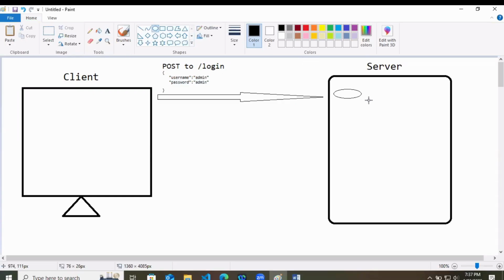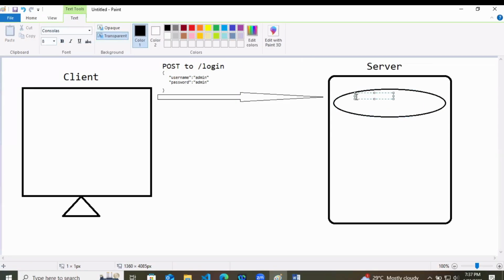Then what will the server do here? At first, the server will verify the credentials and generate one token for the user.